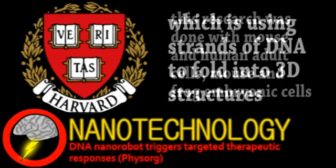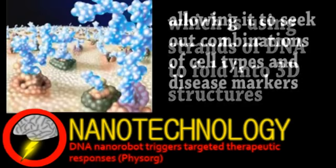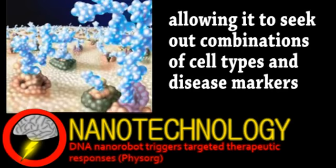Based on what's called DNA origami, they've constructed devices that can selectively deliver a molecular payload. This particular one has the structure of an open-ended barrel and has a latch that is opened by reacting with specific cell membrane proteins. These devices were tested on two types of cancer cells, leukemia and lymphoma. In each case, a unique set of instructions were carried in the nanorobots, a combination of antibody fragments that triggered